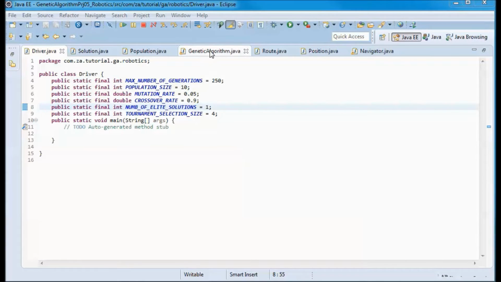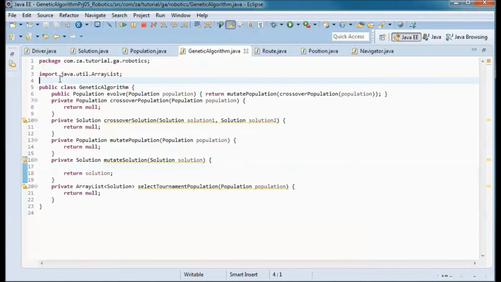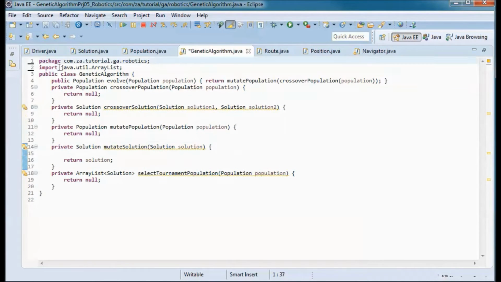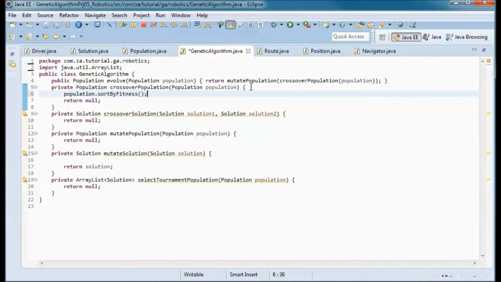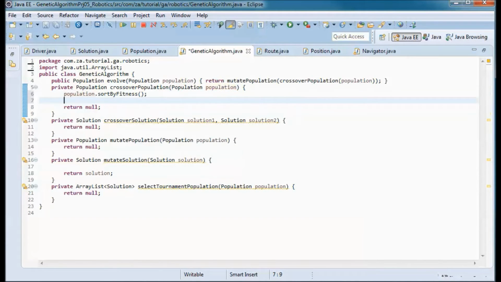And now let's go back to the genetic algorithm class, and in crossover population, first thing we want to do is to make sure the population passed in is sorted. So sort by fitness, and let's instantiate a new population that we want to return.